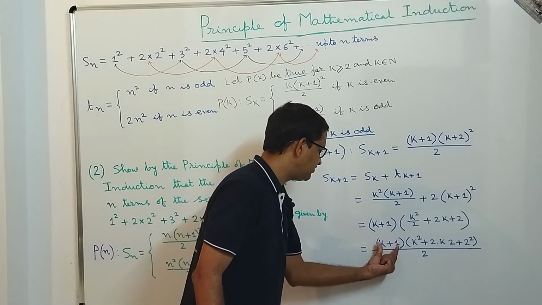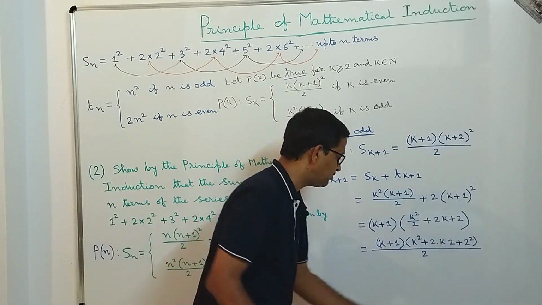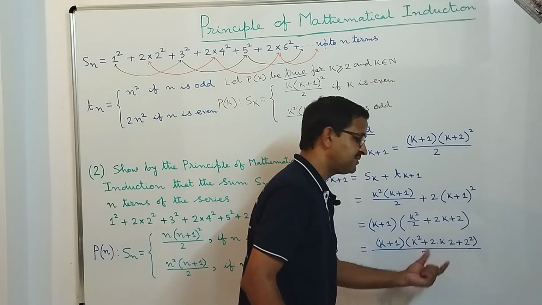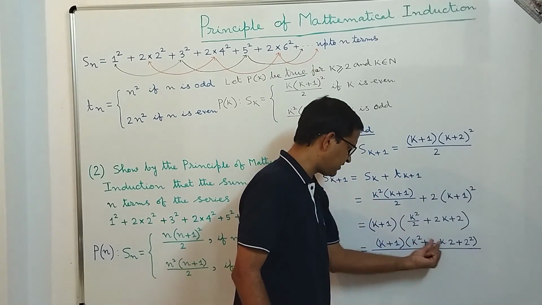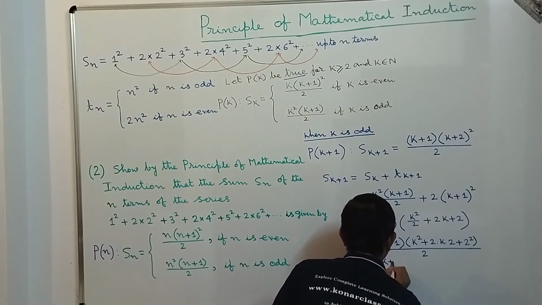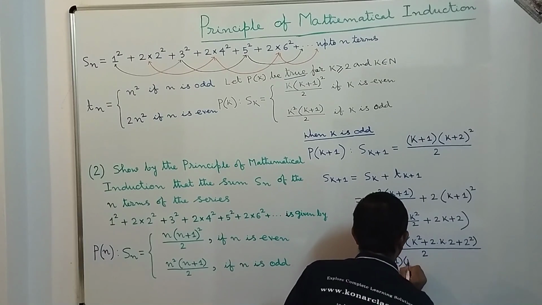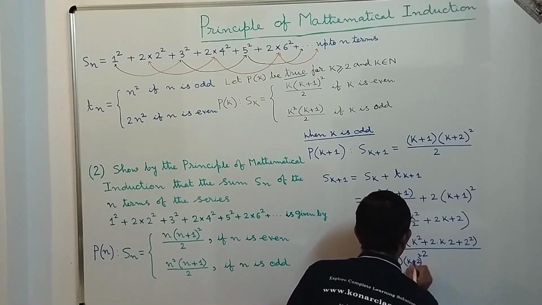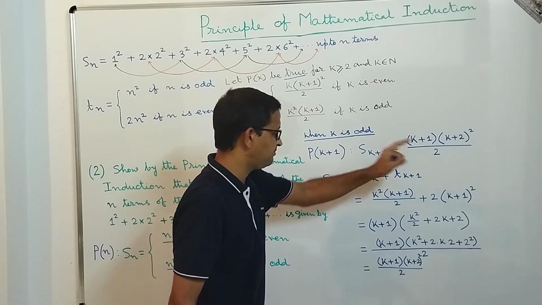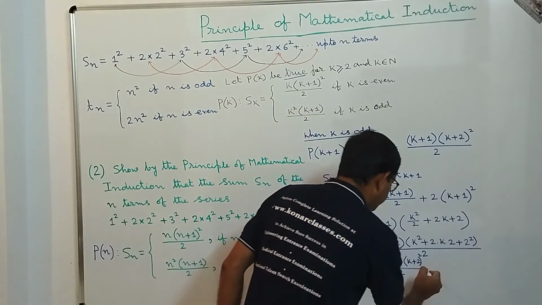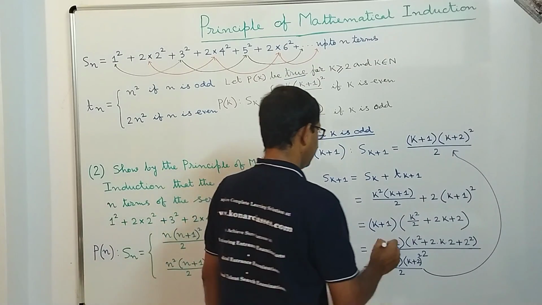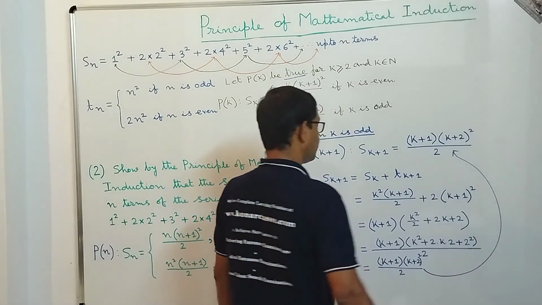So now what you can write, this is equal to k plus 1 into, if you look into this term, that is k square plus 2 into k into 2 plus 2 square, that is nothing but k plus 2 whole square, a square plus 2ab plus b square. So what we can write, this is equal to k plus 1 into k plus 2 complete whole square divided by 2, and that is nothing but the right hand side of this pk plus 1. So we are able to prove that this is equal to this one. So we can say that pk plus 1 is true.